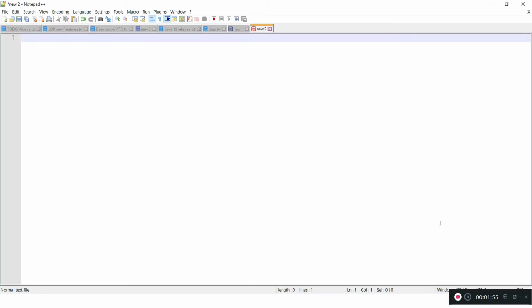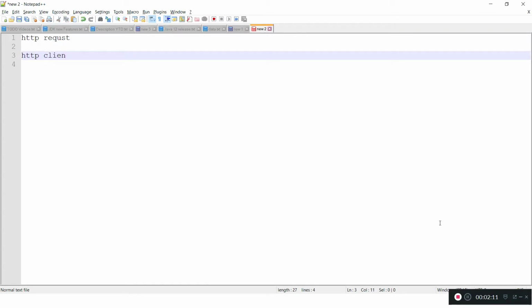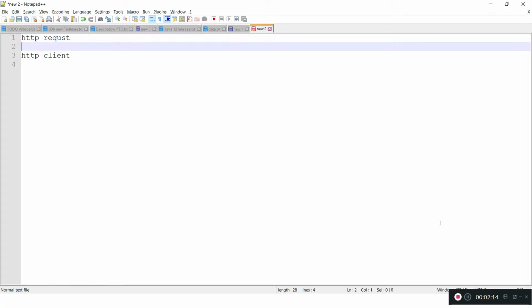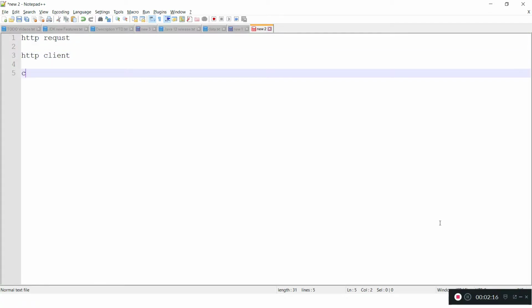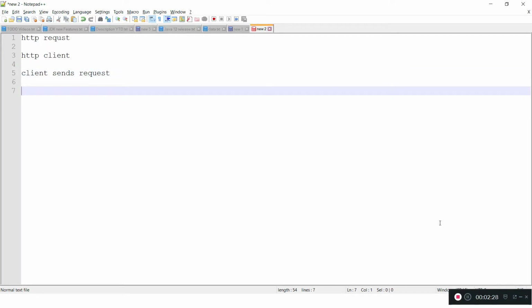Here are the four things we can discuss. One is the HTTP request, and you can assume it is a satellite, and we need a launcher that is called the HTTP client. The client uses the HTTP request and sends the request, like a satellite launcher launching the satellite, and from that we will get the response, that is the HTTP response.